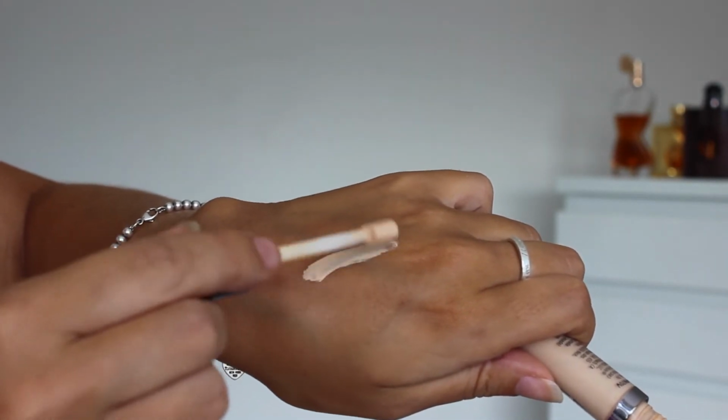It just feels really lightweight, but just delivers great coverage. I still feel like my under eyes can breathe. Yeah, and I just really, really like it. I also really like the colour of this one. This is light warm, and even though they have quite a good colour selection, when I did buy